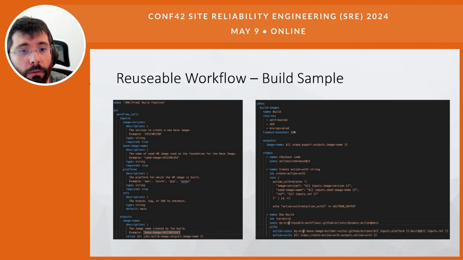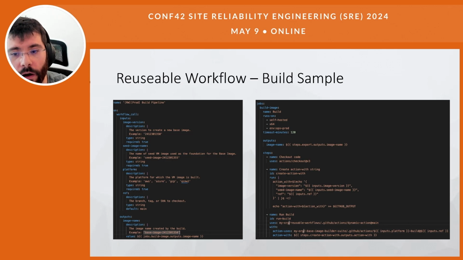The reusable workflow. So a workflow is basically a script where you have jobs, and each job has steps or groups of steps. You can have many composite actions, or you can specify the steps directly in the jobs. And you can have many jobs in the same workflow. So in this case, we have a reusable build pipeline where we have one job that is the build